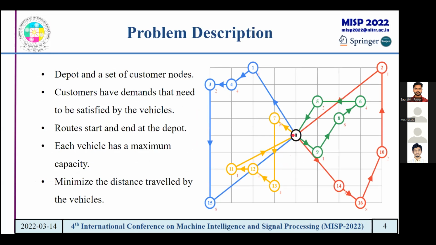So this is what a solved vehicle routing problem with capacities looks like. Each customer will have some demand, and these are the customers with the numbered circles, and the 0 is the depot, and every vehicle starts and ends its journey at the depot. So in this particular route, this vehicle is going to customer 7, whose demand is 8, and then coming to customer 13, whose demand is 4, coming to customer 12, whose demand is 2, and so on, and completes the route and gets back to the depot.